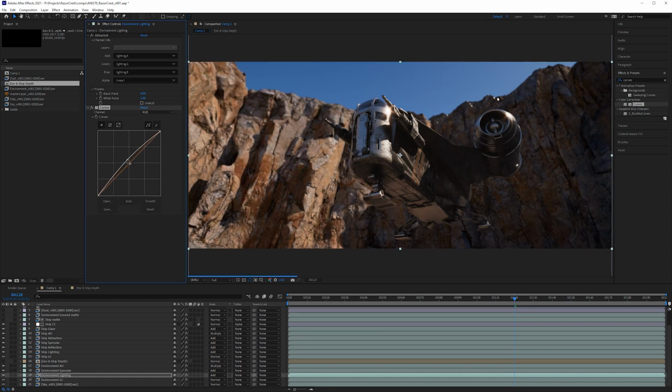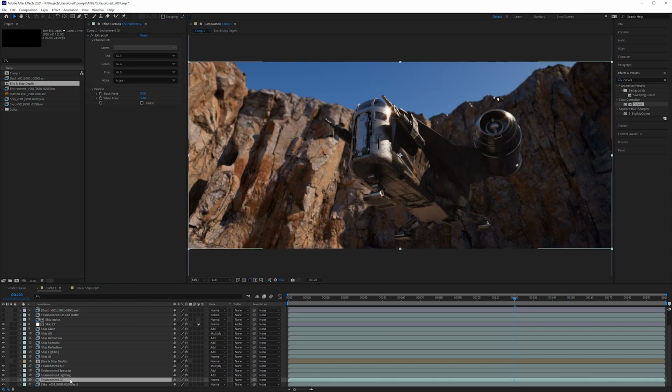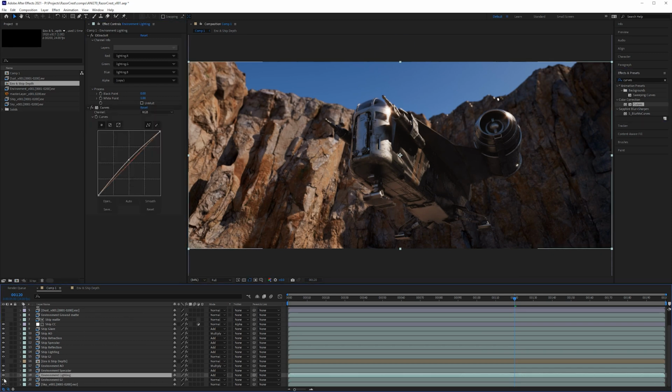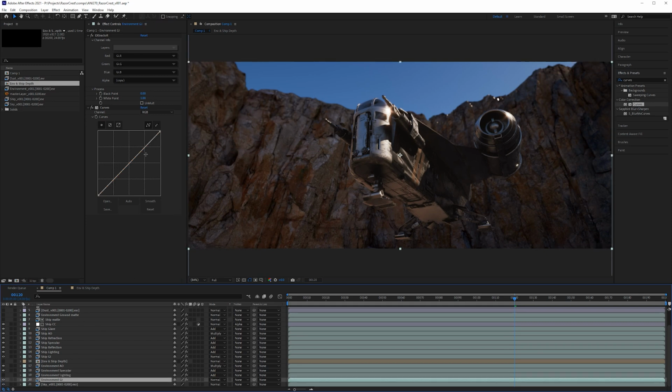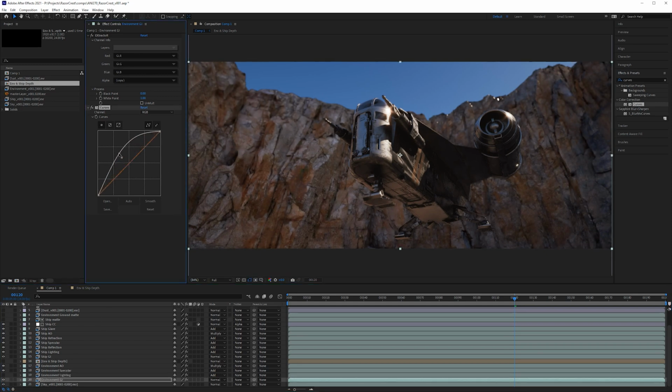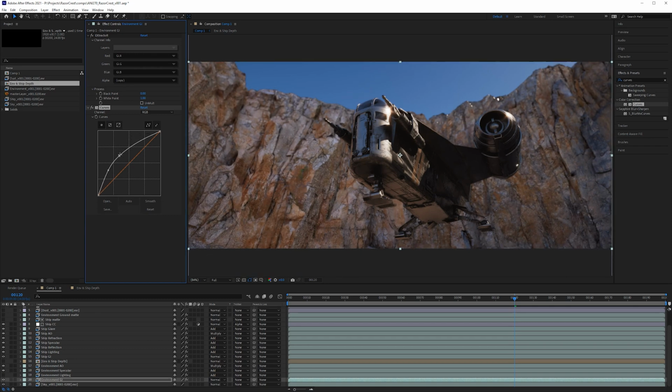But you could add a little bit of boost to that if you wanted to. Same thing with the GI. So let's say that you really wanted this to be very overcast. You could take your lighting layer, just basically turn that off. On our global illumination, you could really increase that. Like let's say you wanted to do something that was very, very dark, like almost complete overcast.